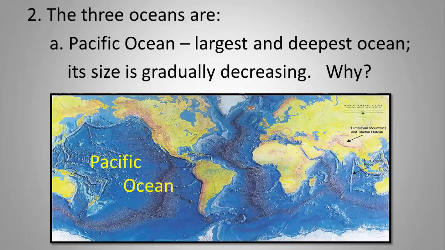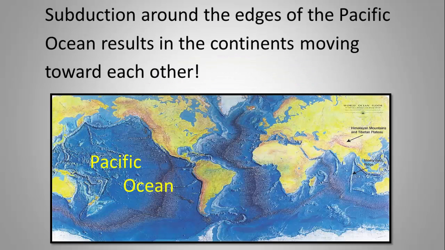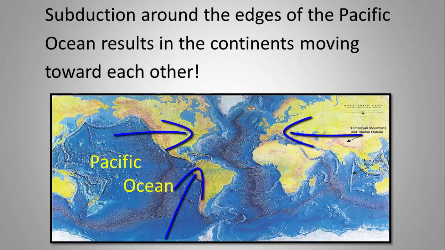Quick look at the 3 biggest oceans. The Pacific, by far the largest, and it's the deepest. And of note, its size is gradually decreasing. Why would this be? Topic for future discussion, something called subduction around the edges of the Pacific Ocean. It results in the continents moving toward each other. So as that process plays out over a period of hundreds of millions of years, the Pacific Ocean is